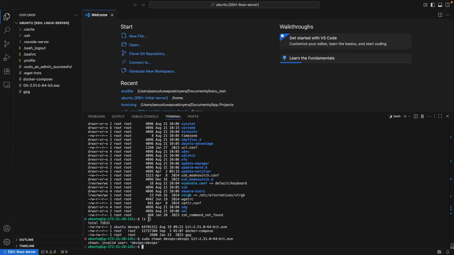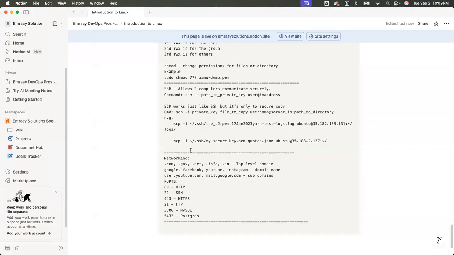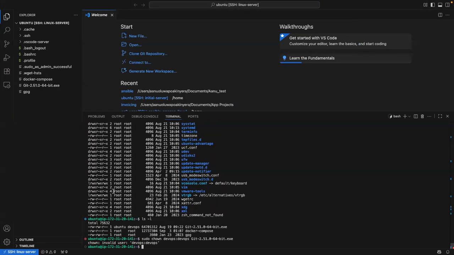So the other question is, what is the difference between chown and chmod? chown is to change the owner, the user and group. chmod is to modify the file permissions. And that's it. That basically applies to all you see here. chmod deals with this, and chown deals with your user and your group.